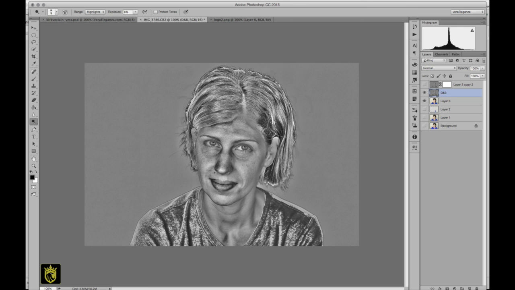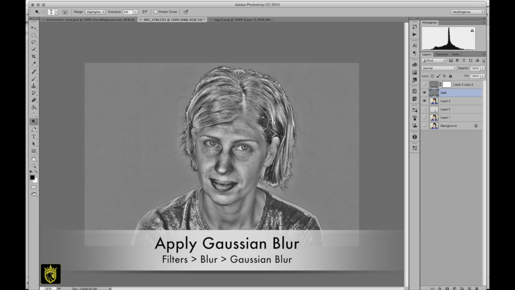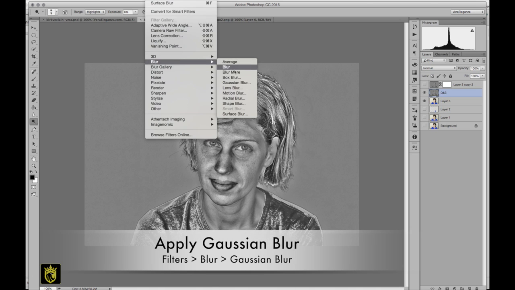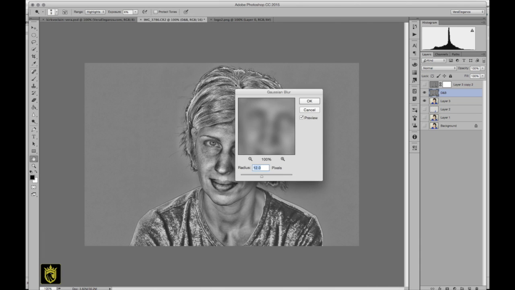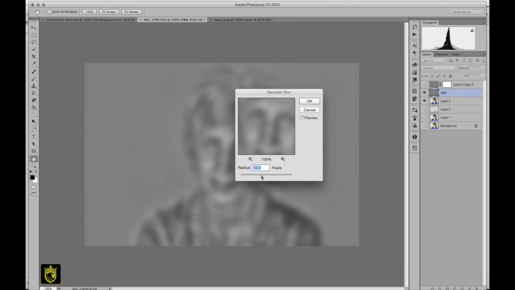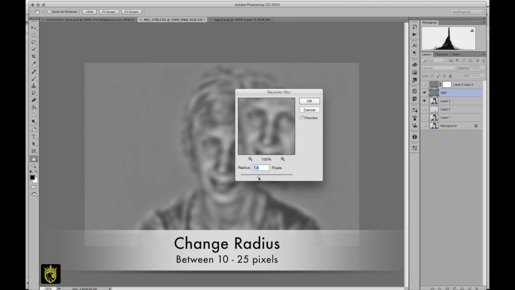And now what we're going to do is you want to do a Gaussian blur. What this is going to do is you can see the shadowing here. You see the shadows that are on her shoulders, a little bit in the hair here. And what we're going to do is Filter, Blur, Gaussian Blur. And you can see here, whenever you do Gaussian blur, I like to stay between 10 and 25, and I'll